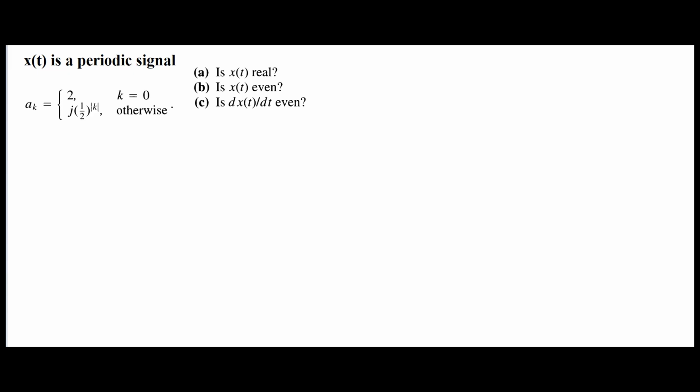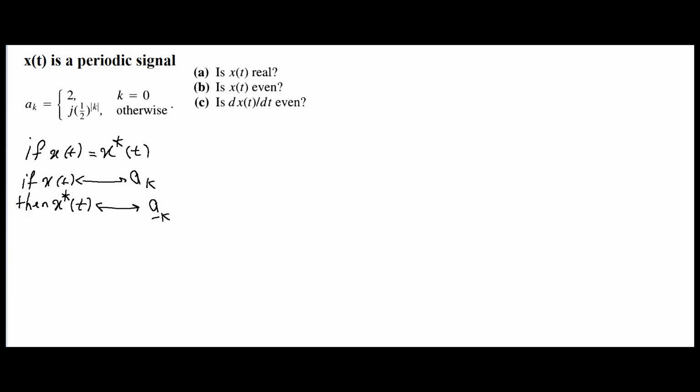To solve this, we start with an important property. If a signal is real, then x(t) must be equal to its complex conjugate. That's the first key point. Now, the second point: if x(t) has Fourier coefficients a_k, then the complex conjugate of x(t) has coefficients a_{-k} conjugate. So, using these two facts,